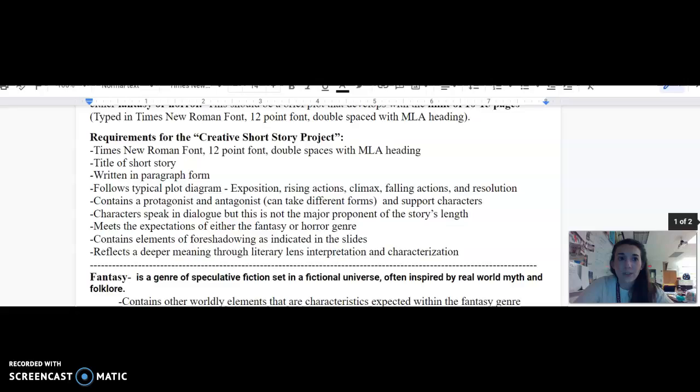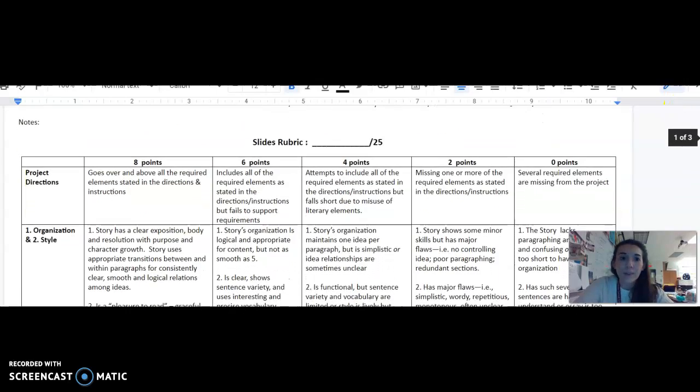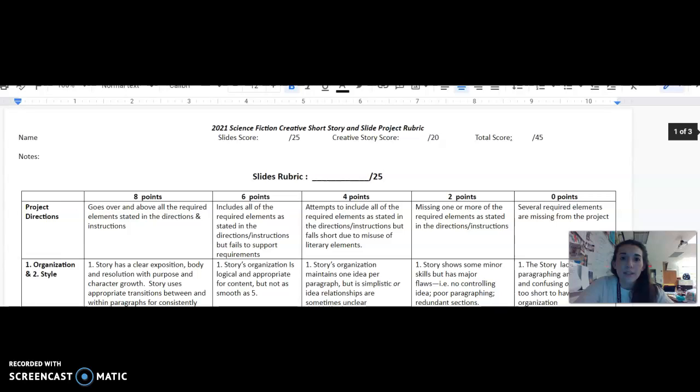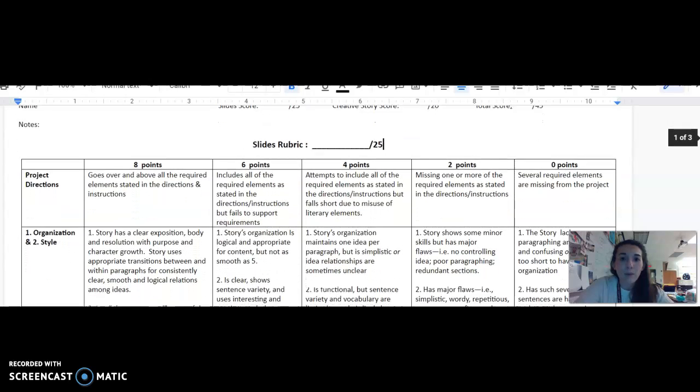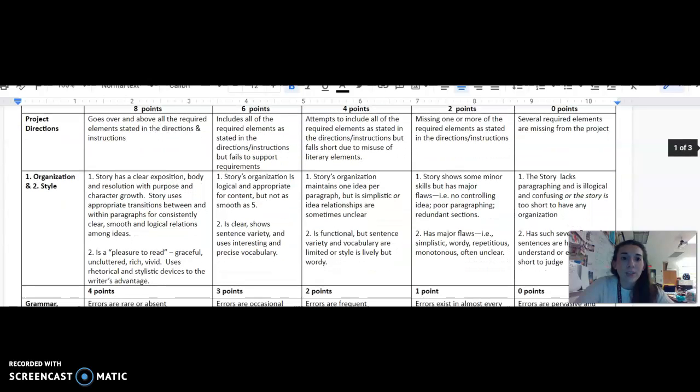Alrighty, so that is all for the directions. Let's take a look at the rubric real quick. So once again, the slides are 25 points. The creative short story is 20, which is a total of 45 points. When the slides itself is broken apart, the project directions, which is what I just went over, is worth a total of 8